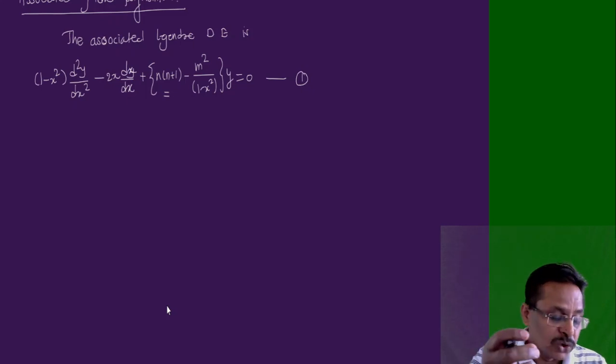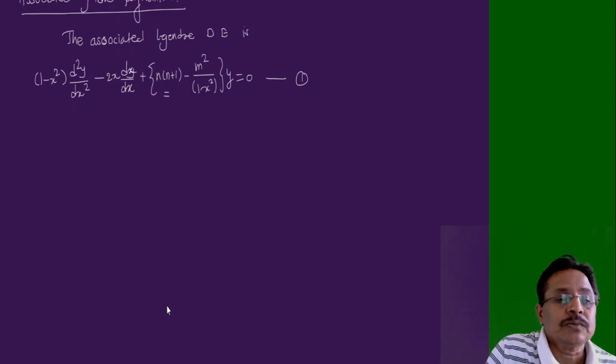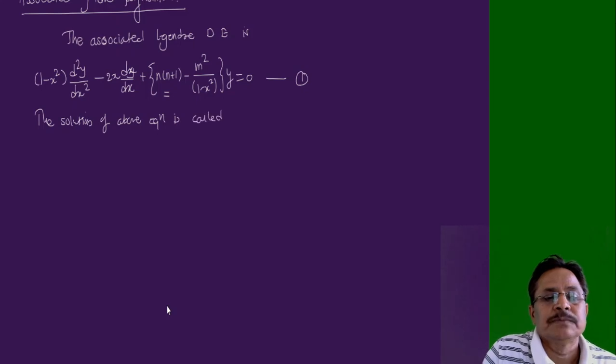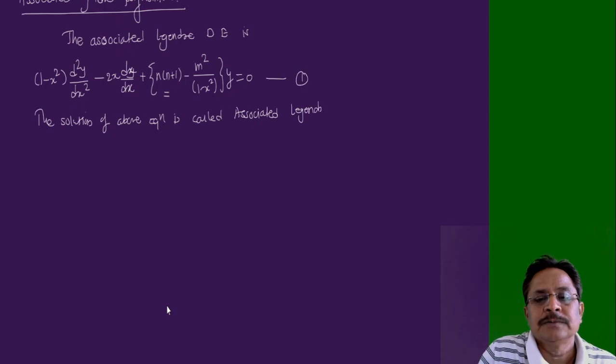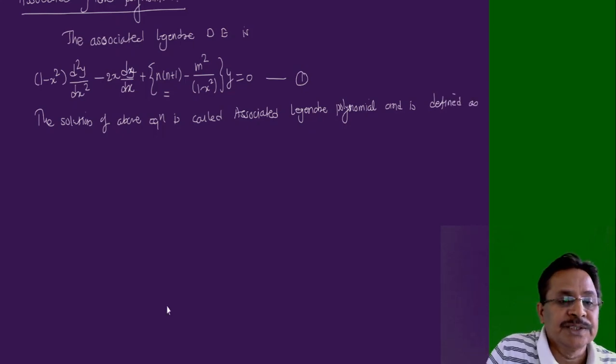Once we understand the origin, it is not at all difficult to get things about this. Now we have to get the solution of this. The solution of the above equation is called the associated Legendre polynomial, and is defined as follows. Now see the symbol. This is given by